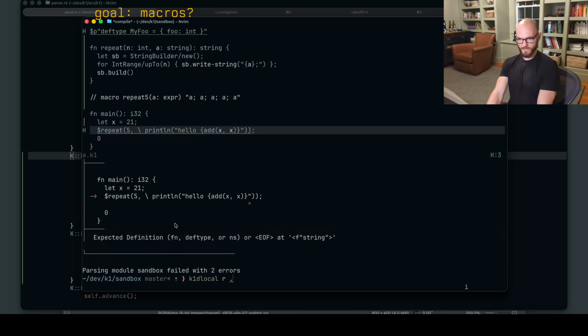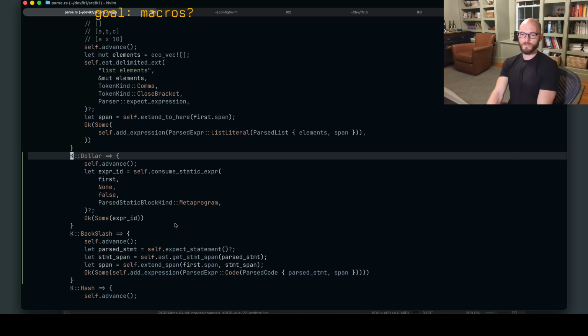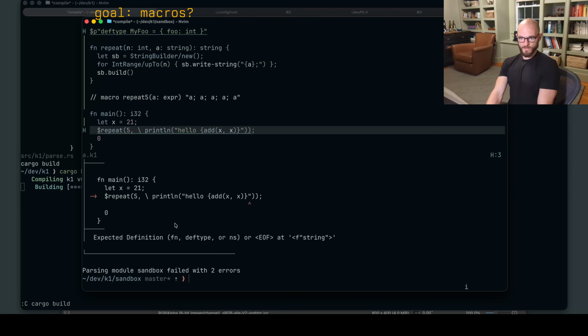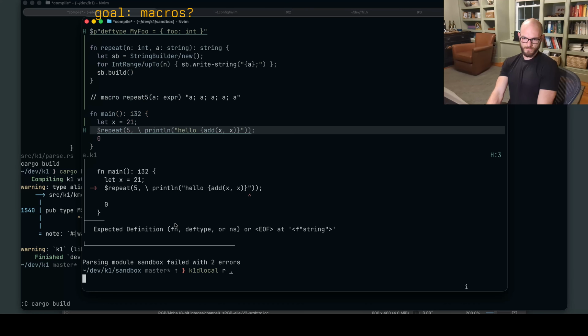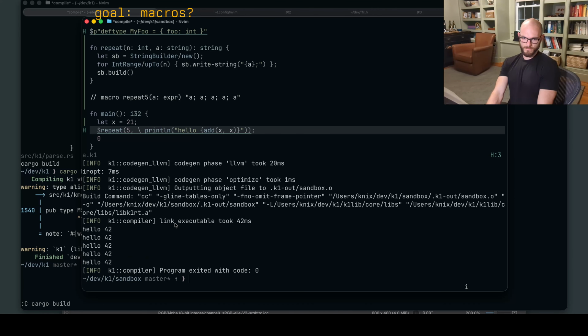Expected lambda. Oh, I didn't build the regular one yet. Works.